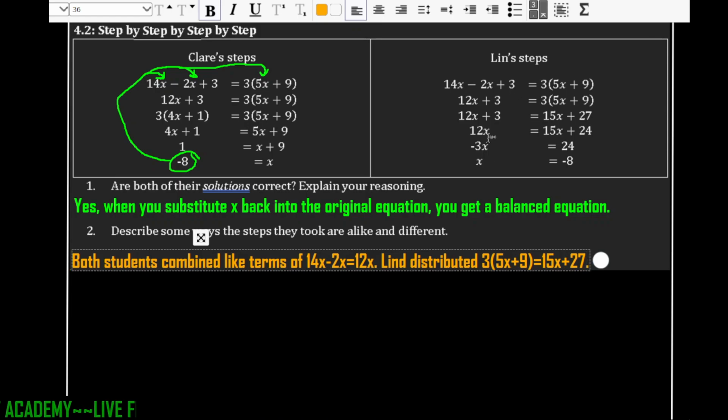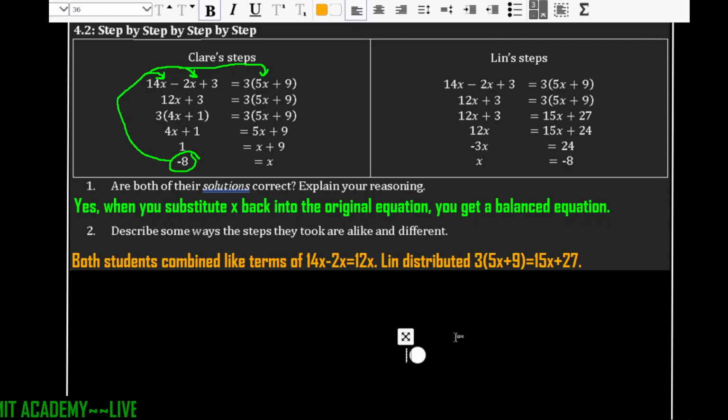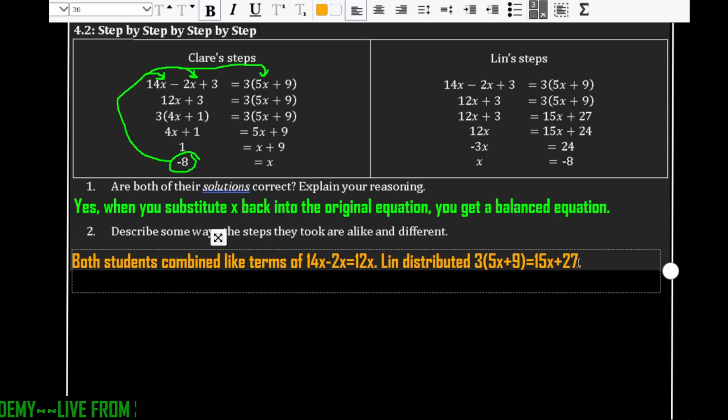And a difference that they had was, but Claire,